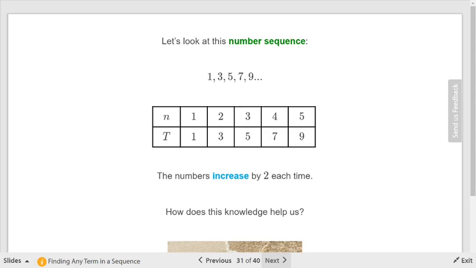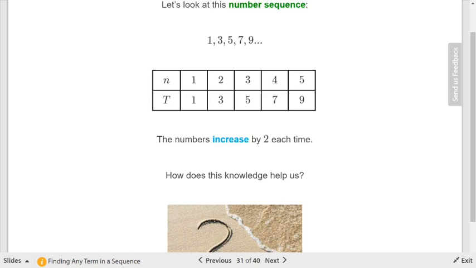Looking at this pattern, the number sequence, if the numbers increase by 2 each time, how does that help you? Increase by 2 each time means that I can take my initial number and simply add 2 every time to get the next number, right? Okay. Now, but